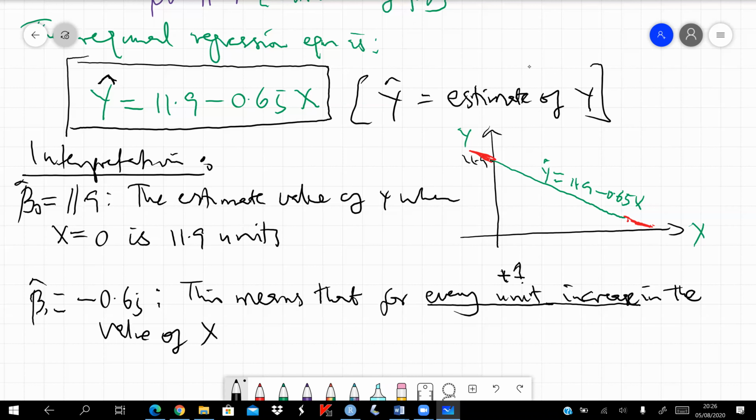That's what you're calling beta 1. So for every unit increase in the value of x, the estimated value of y